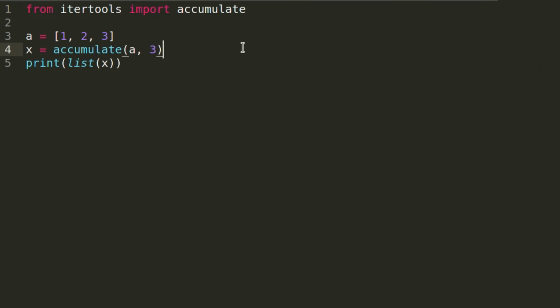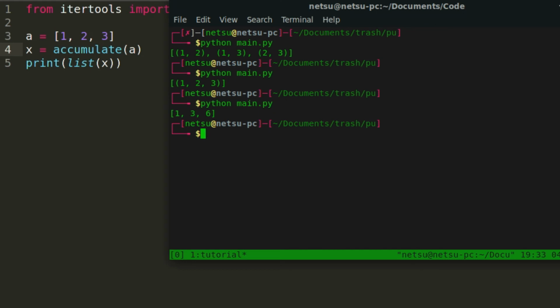Let me just go through it, straight through it. So I'm just going to pass in A there. So accumulate A, and I'm going to print out accumulate. Now at first it may look a little bit confusing, but basically what's happening here is it goes through this